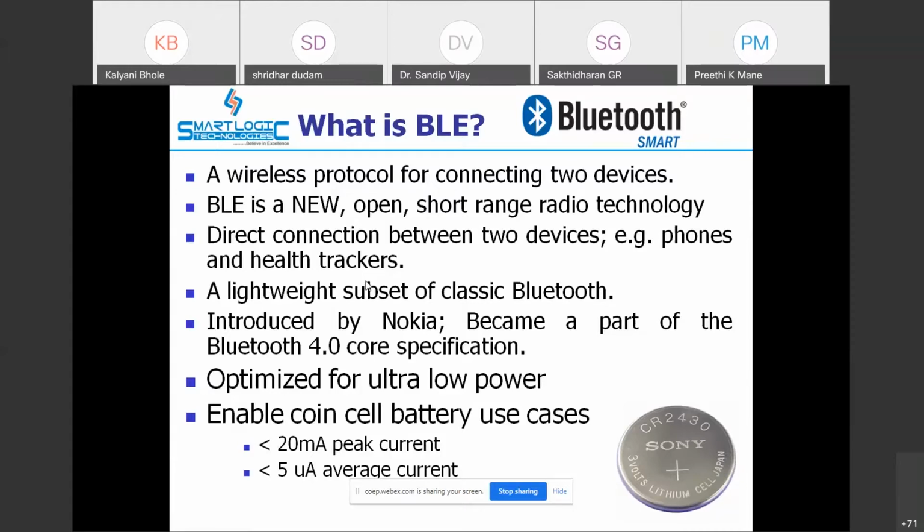Short range radio technology, and the very important thing is that it is a lightweight subset of the classic Bluetooth. That means the unnecessary parts of classic Bluetooth are removed in BLE, and it is optimized for ultra low power. Okay, so I just showed you the coin cell here. It enables coin cell battery use cases, because we can operate your device on the coin cell